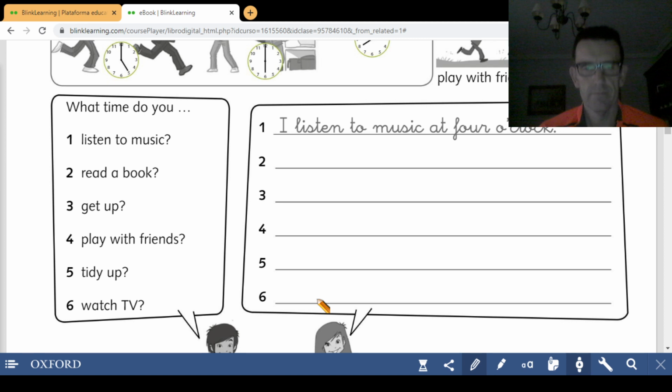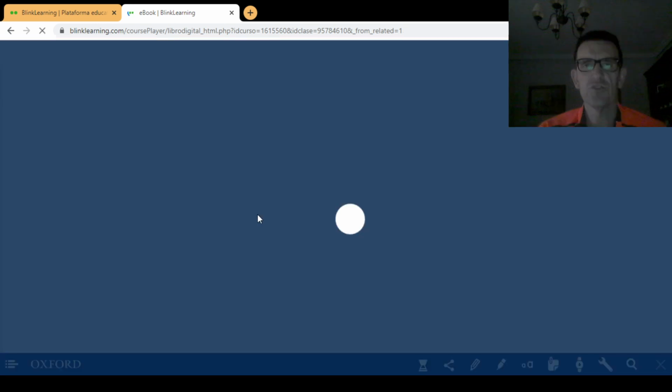Well, after this activity on page number 48, sorry, I come back again, don't worry. Don't be scared. We come back in 5 seconds. We are again, but now instead of on page 48, we go to page 47. We have finished the 48, and now we go to page number 47.